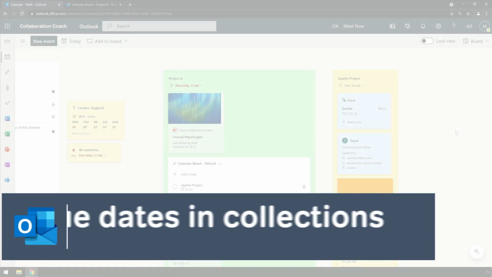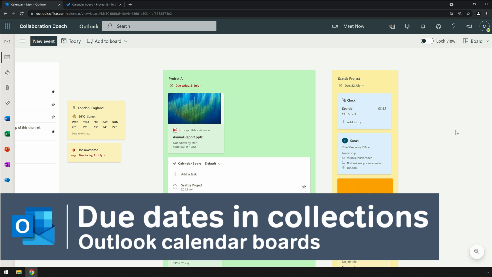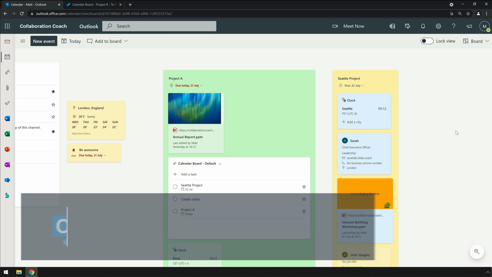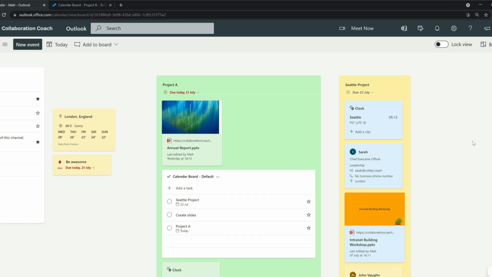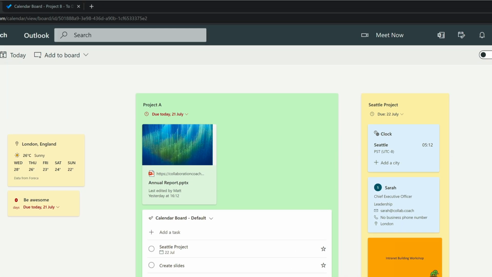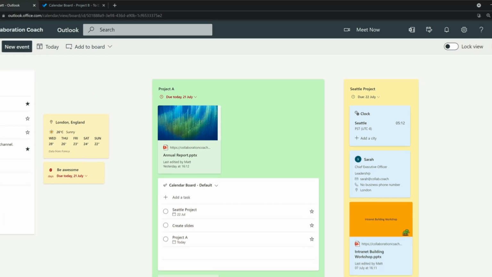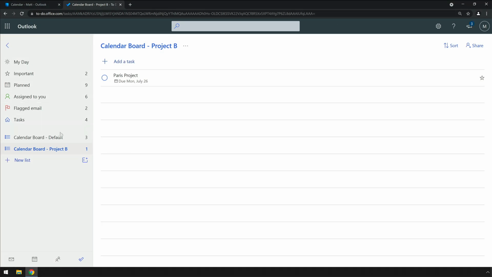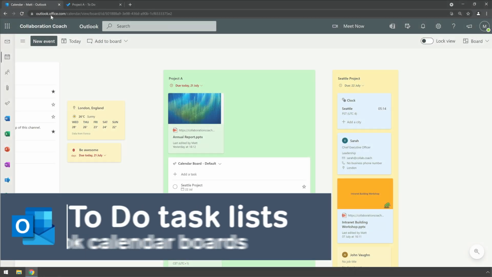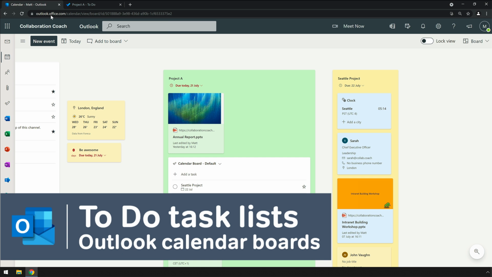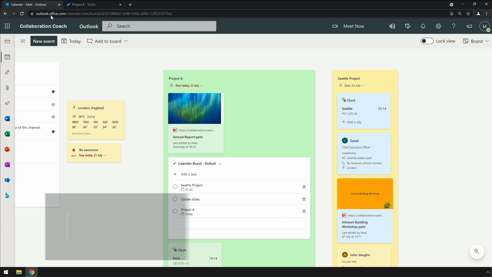You can also add due dates to collections. And this is useful if you're collecting up widgets for a purpose, like a project, and that work has a date attached to it, like a deadline or a milestone. So when you add a due date to your collection on a board, you can see it up here on the collection itself, and it will automatically create a task in Microsoft's To-Do app. And this allows you to manage the task using all the cool features that To-Do has. And that brings me nicely to the next new set of updates I want to show you, and that's the To-Do and Calendar board integration.